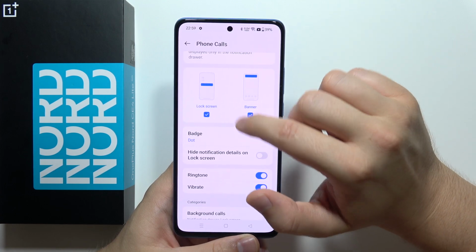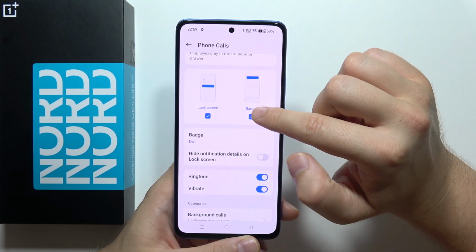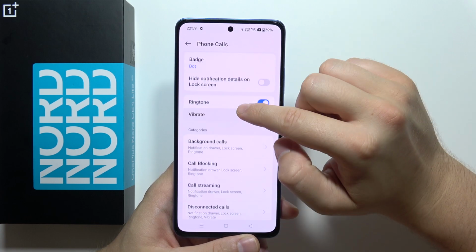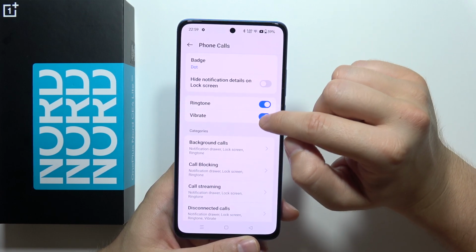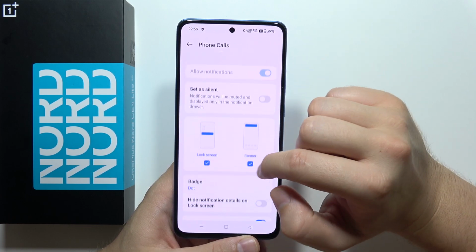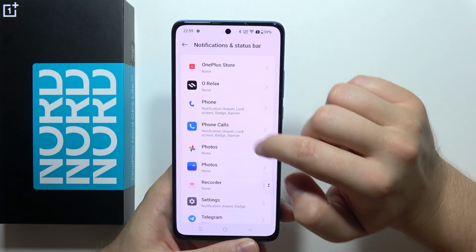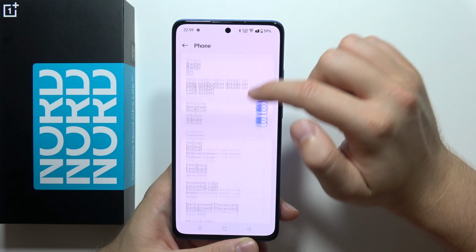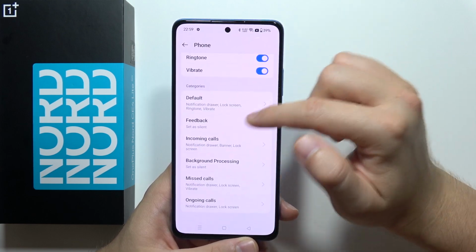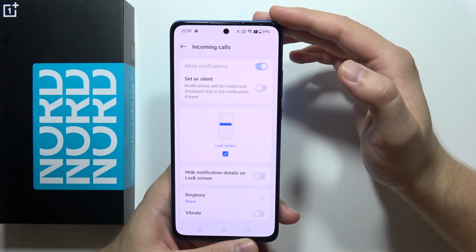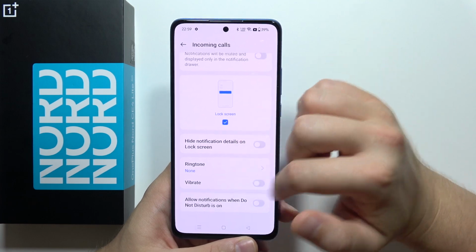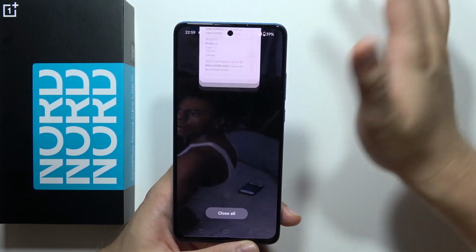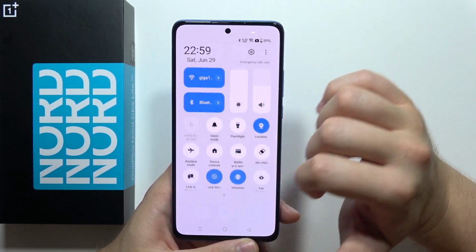Also be sure that you have enabled the lock screen and the banner notifications. You've got enabled the ringtone and the vibration, and also just go back from this and move into the phone, and here also be sure that all of the settings are actually enabled. If this actually doesn't help you, check for example the incoming calls. Be sure that the incoming calls is actually enabled, and you can also try to simply turn off the